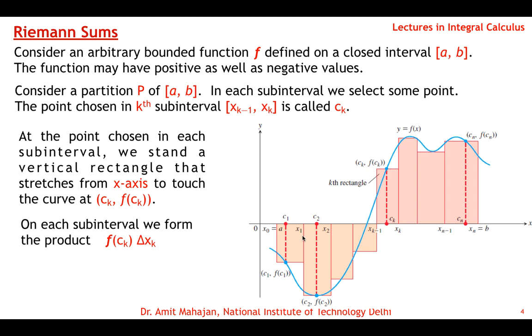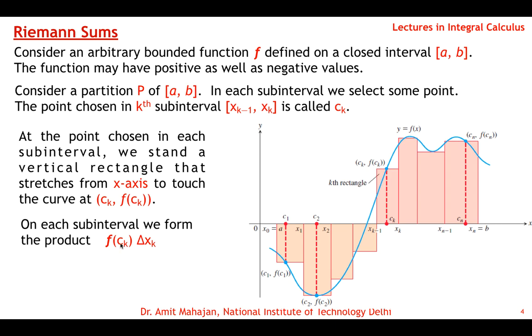Okay, because this height is in the negative direction. So if we calculate them in magnitude for each interval, then they are nothing but the areas of these rectangles. Okay, but we are not calculating magnitudes, so for the positive function side it will be areas, and on the negative side it will be the negative of the areas. Okay,